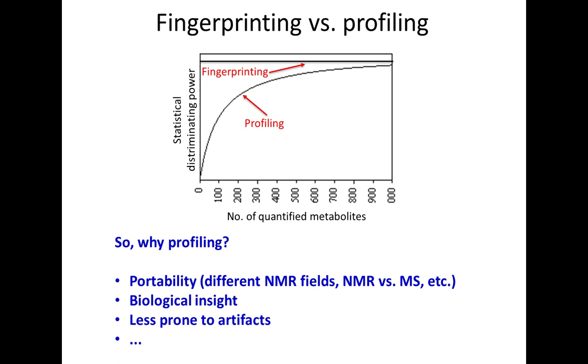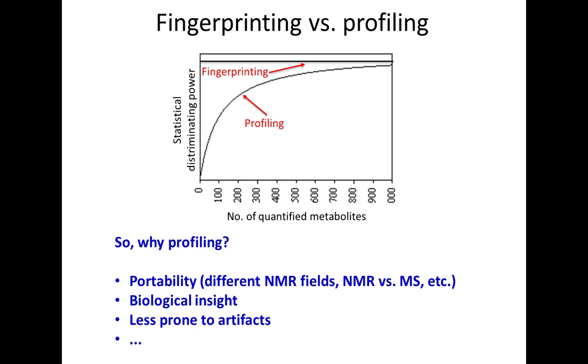Since we seem to be actually rather successful with fingerprinting alone. And there are many reasons. One is portability, because if you do fingerprinting, you're linked to a specific instrument, to a specific, very strict SOPs that we use. Thanks to Bruker, we are, with many other labs, standardizing the way we acquire the spectra, and so on. But this precludes, for instance, comparison with fingerprints taken at different NMR fields, or even with other techniques like mass spec.